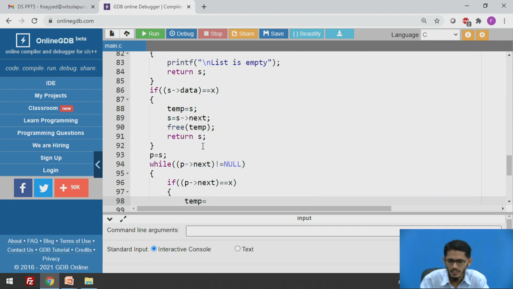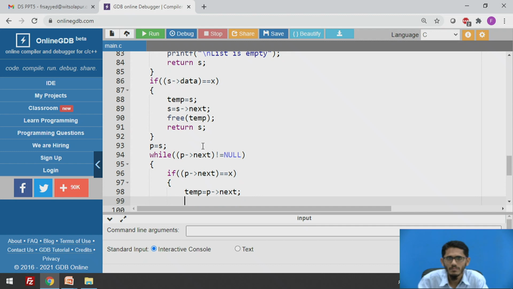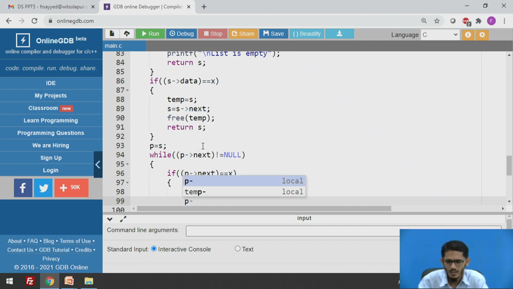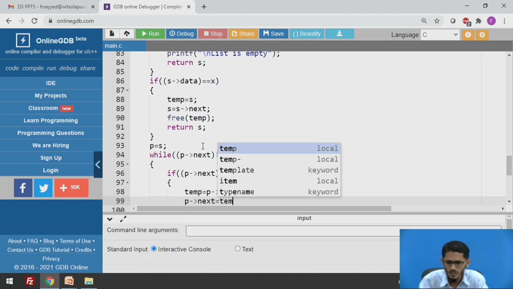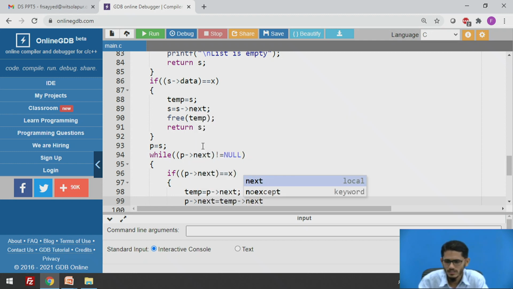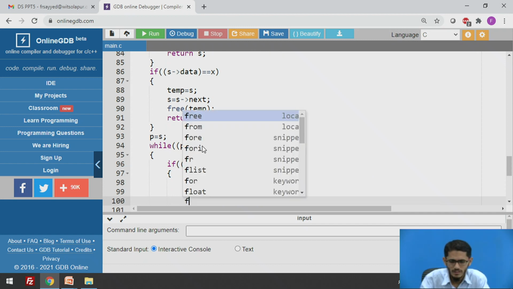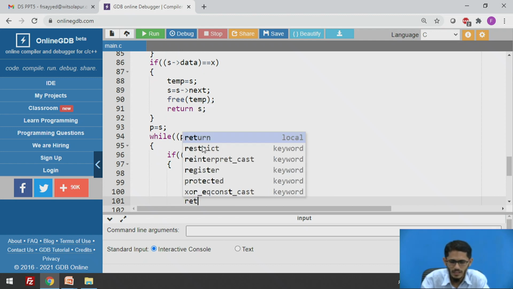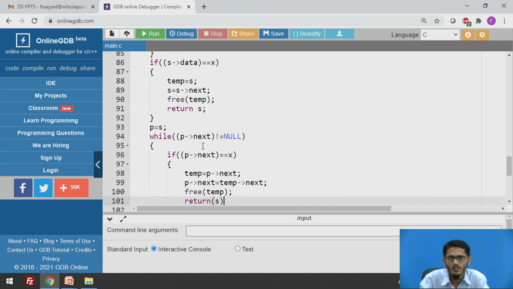I store the value of p arrow next in temp, and then I make p arrow next equal to temp arrow next. Then I free the memory pointed to by temp, and then I return the value of s.